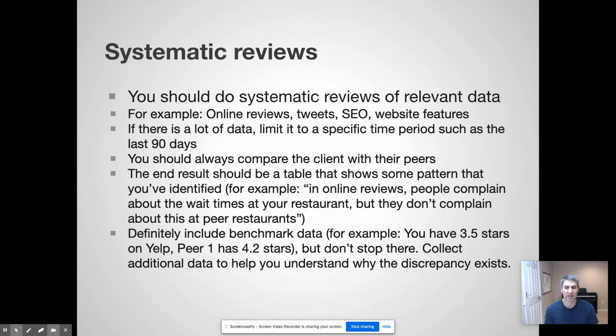And hopefully it will show some kind of patterns. It's not going to be a useful table if there's no patterns identified. Here's a quick example. In online reviews, people complain about the wait times at your restaurant, but they don't complain about this at peer restaurants. Now, if they complained about the wait times at every restaurant, including all of the peers, then it's just something that goes with the territory. But if it's something specific about this restaurant, then it's like, hey, you need to address that because